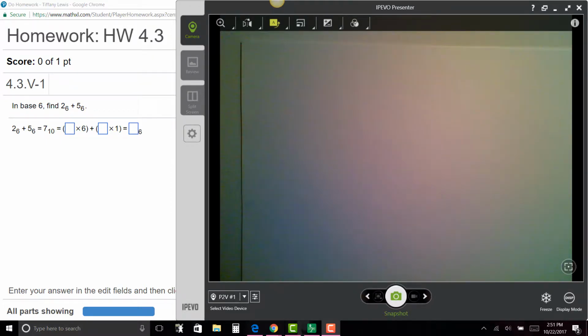All right, so let's look at homework section 4.3, question number 1, where it says in base 6, find 2 base 6 plus 5 base 6. I'm getting a lot of emails asking about this question, not sure how to set it up. So we're looking at 2 base 6